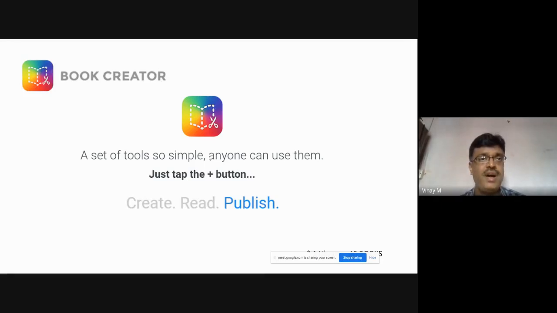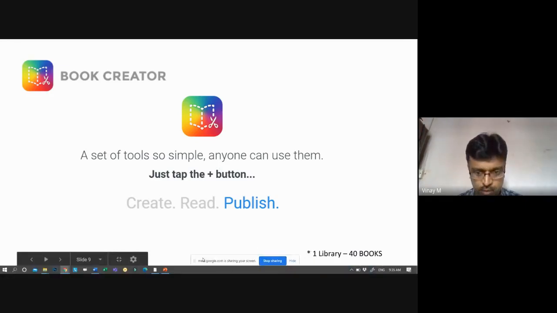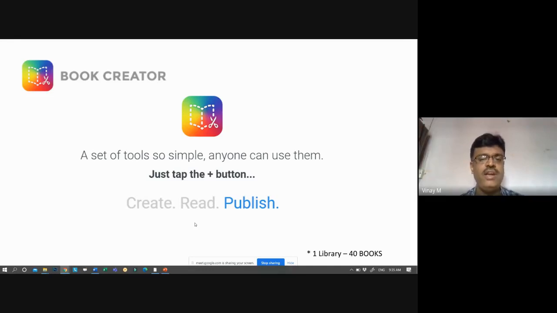It is meant for resource sharing. From two perspectives, you should see how you, as a faculty, can use this tool, and how a student can use this tool in my online teaching process. That will give you a very good example for understanding this. This is a free tool, though there is also a paid option inside. The free tool will allow you to create 40 books in one single library. You can create any number of libraries, but one library is allowed for free with 40 books inside. What is the advantage of this?